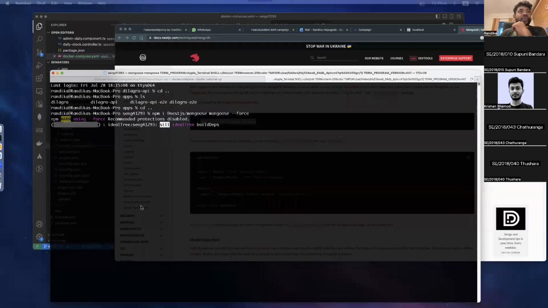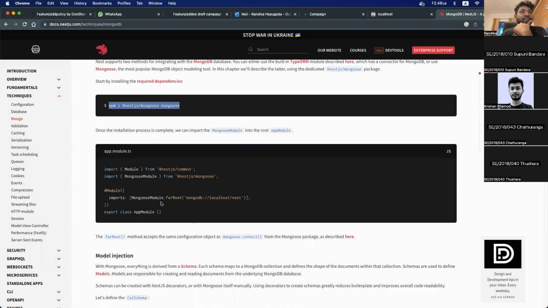So the next thing I need to do is create the Mongoose module, which means I need to create the connection with these things. Right now, we are using the MongoDB root connection. So what we can do is connect to this, but if you do not know whether it is working or not,